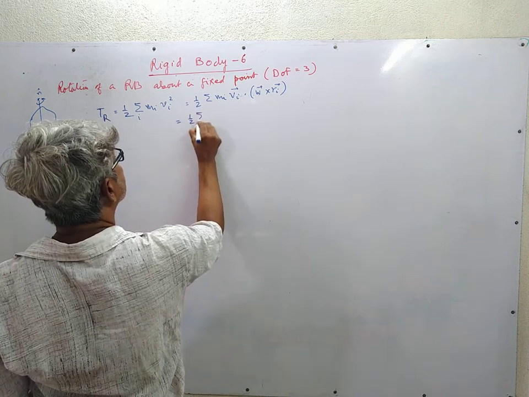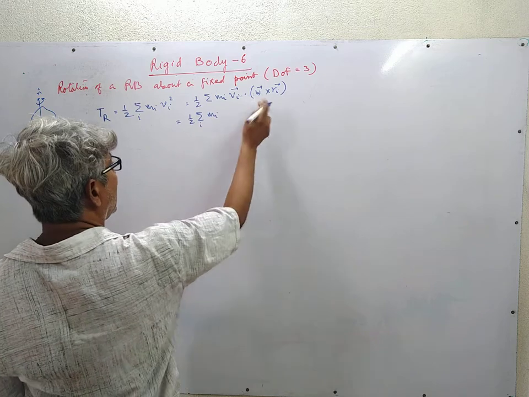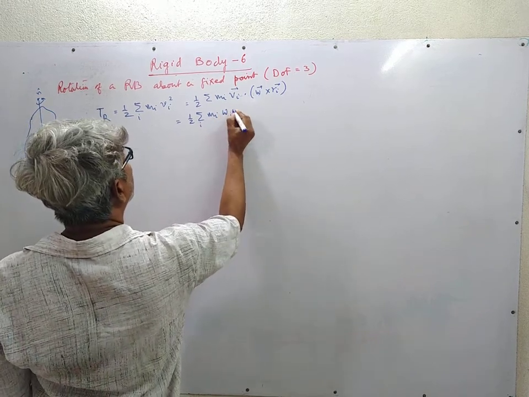This is half summation over i mi omega dot